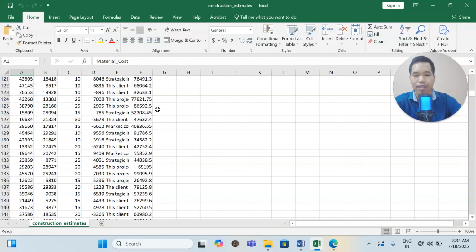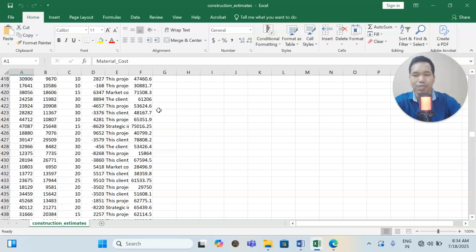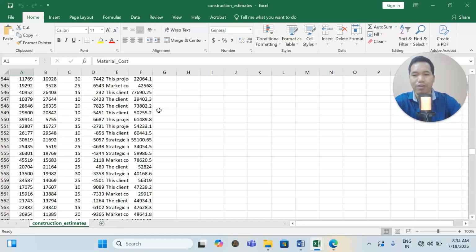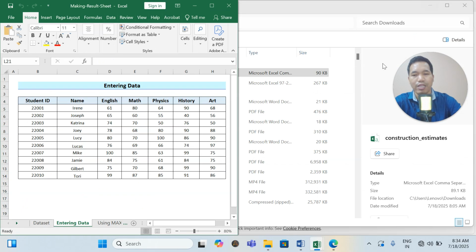And see, this is a very, very big data set. So with this type of big data set, you might be facing some challenges. So what you can do, if you're having this type of Excel which is not properly formatted, you can do the same thing that I have shown you.